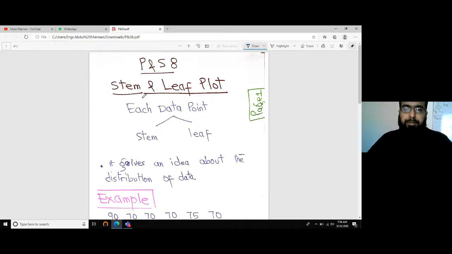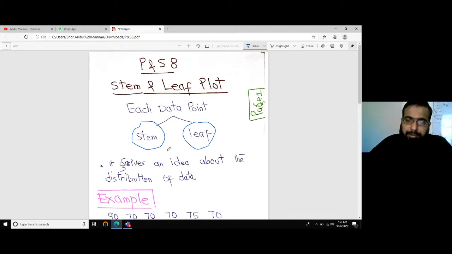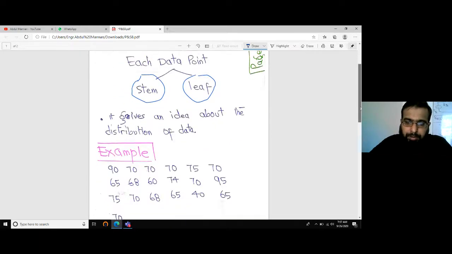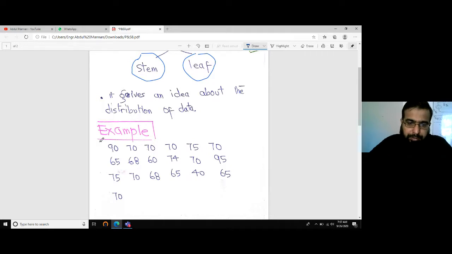In this lecture, we will study stem and leaf plots. In the last lecture, we studied dot plots. A stem and leaf plot is also plotted for raw data. By looking at the raw data, we first select the stem part and leaf part in each data point. Depending on the range or the type of data, we select an appropriate stem and leaf. It gives an idea about the distribution of data in a given data set. Like this, it's a raw data set